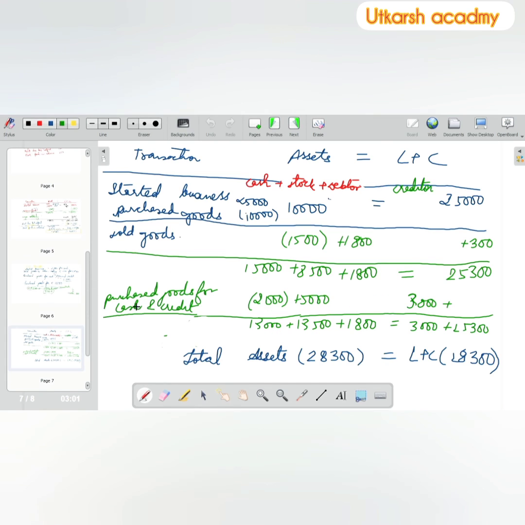See, it is purchase goods for cash and credit. 2,000 we are paying in cash and 2,000 is deducted from here. Okay, and 3,000 has been added here, and 3,000 is owed to creditor. Okay. Now our next transaction